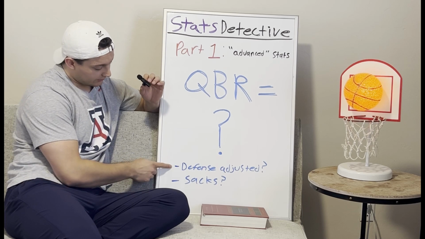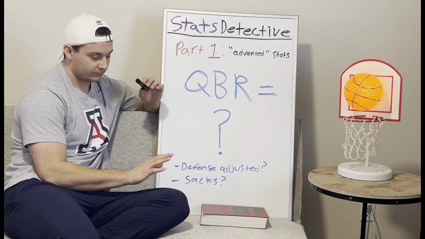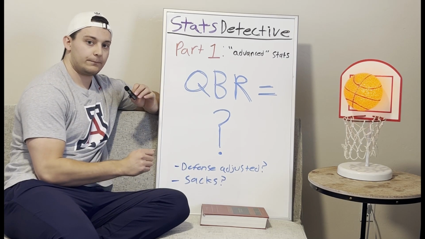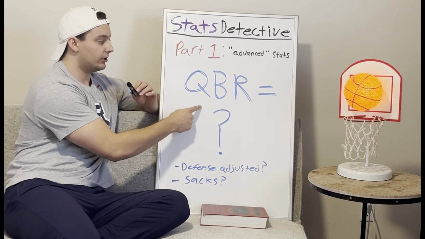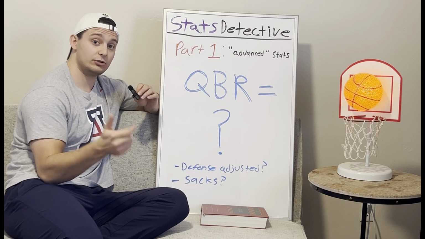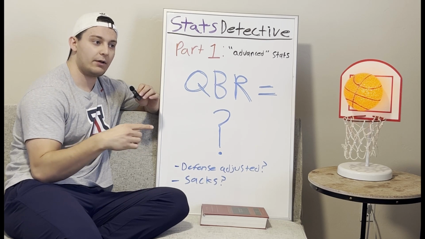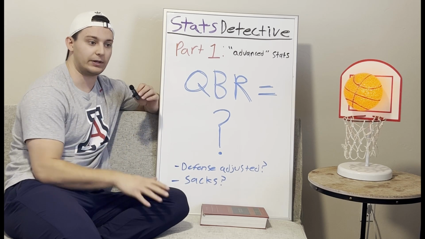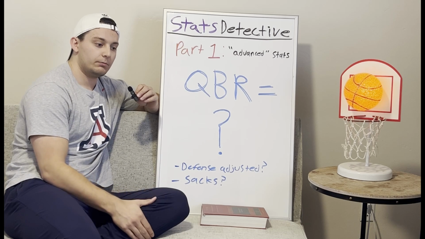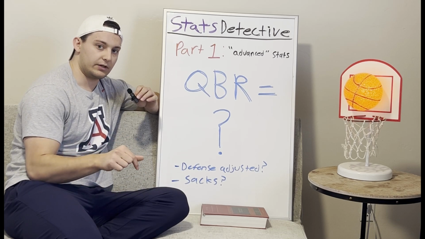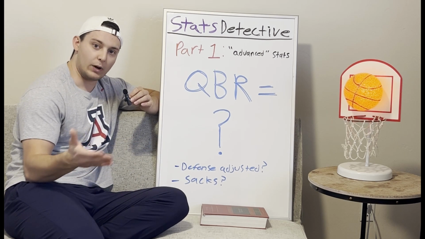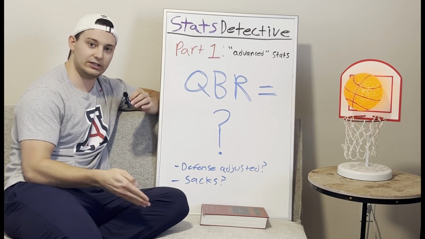It doesn't matter. The other thing is this defensive adjustment. That is a whole can of worms, and it goes back to the same thing. If you throw a pick, now your QBR goes down, and the defense's statistics go up. So, for instance, if you throw a pick, now that team might have gone up in the rankings if they use rankings, or might have gone up in interception rate if that's what they use to adjust. But whose fault was it? Did the quarterback throw the interception? Did the defense get the interception? Well, it's probably some of both, but there's no way to appropriately weight it because it changes situation to situation.